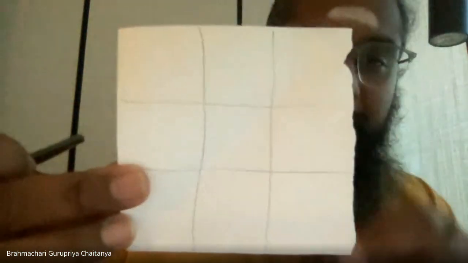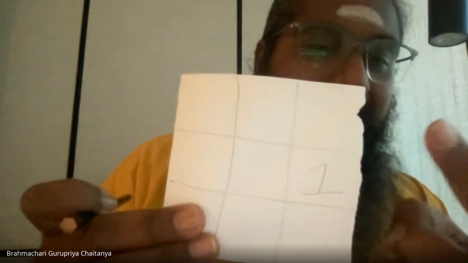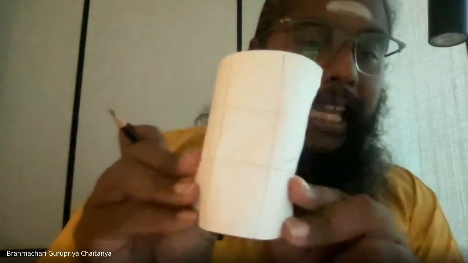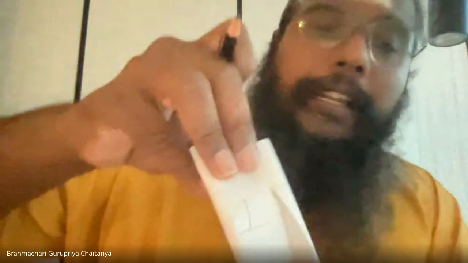Can you see this 3 cross 3? Now, if I was in this square, and if I had to diagonally go out, okay, if I wrap around this diagonal,